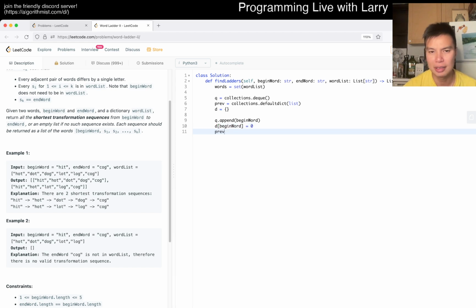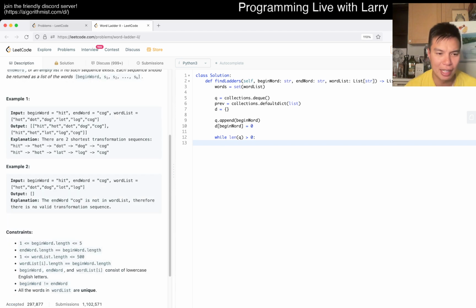I guess it's fine. You could define it any other way anyway, but we don't have to. So then, while length queue, this is standard BFS, breadth first search stuff. I guess we can take advantage of the fact that length is equal to 5. Otherwise, maybe you could take advantage of 500, because then you can do 500 times 500 times 5.